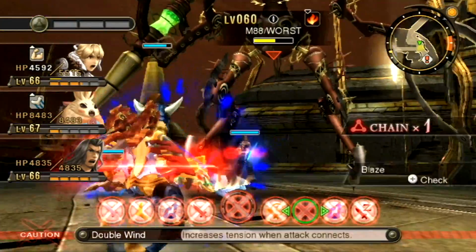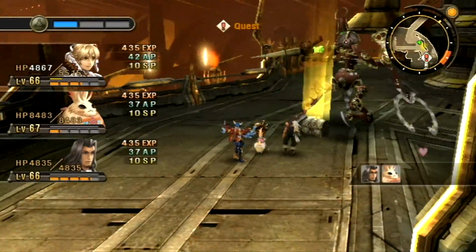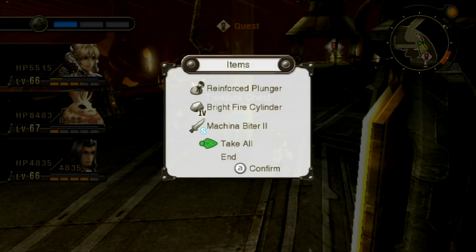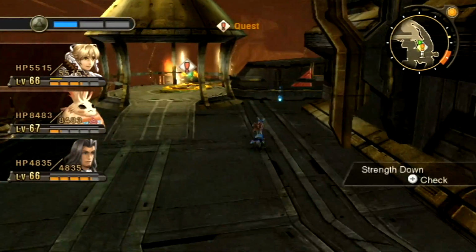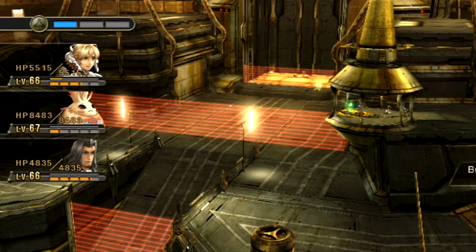Love them. Let's take out these remaining worsts. Woohoo! That felt good. Double Wind is just one of those attacks that is always satisfying to use because the animation for it just is so cool looking, and you dig the swords into them and then you just tear them apart. It's so cool. Got another warrior screw,